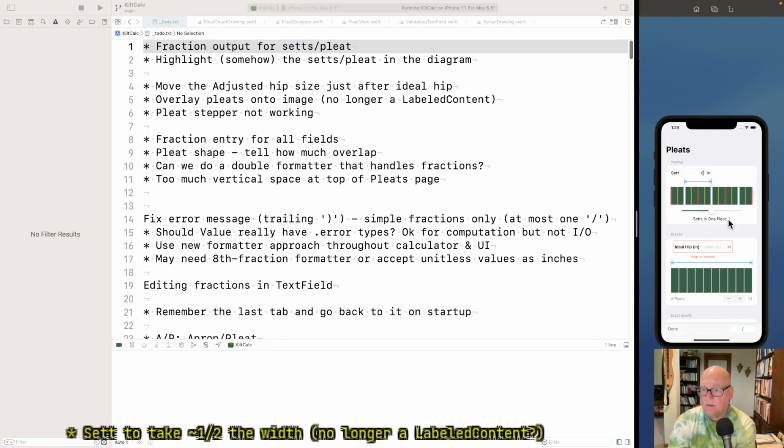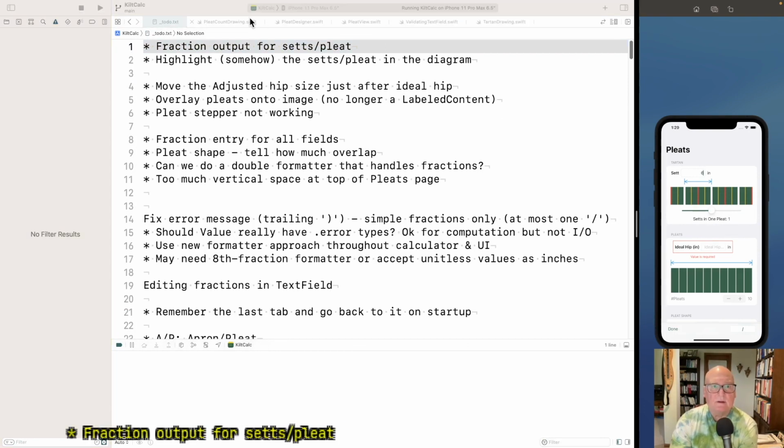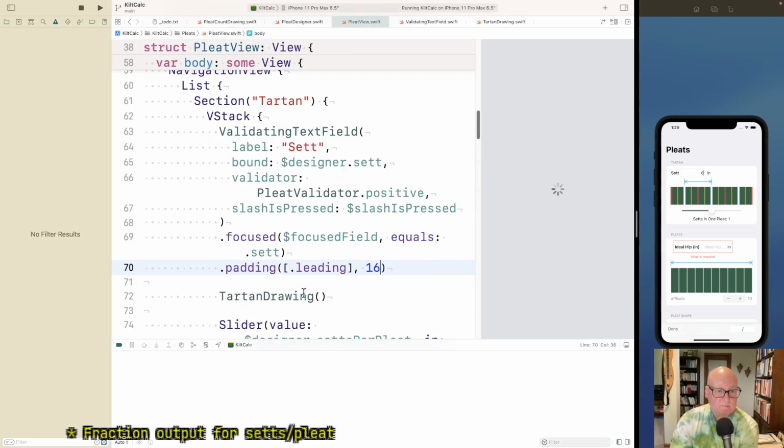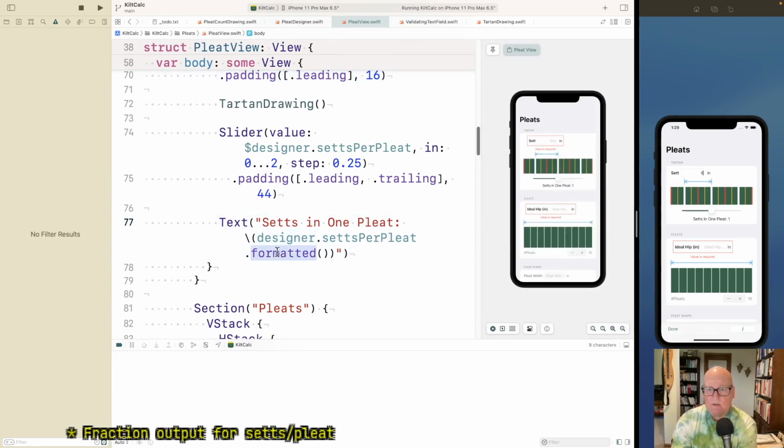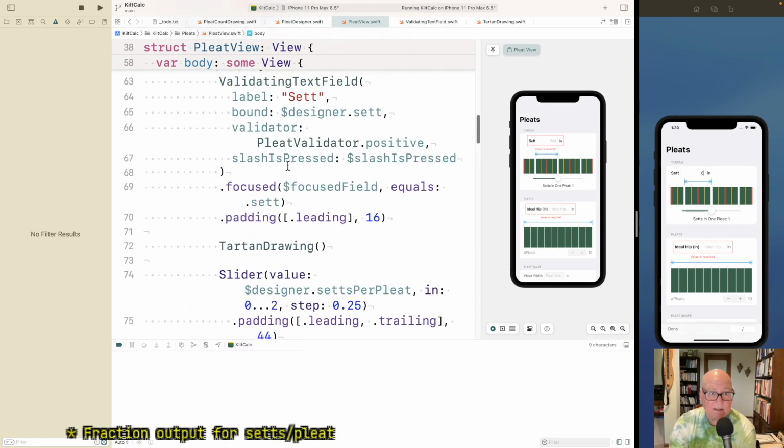This is one I don't know what the right way is here. That's pleat view. Slider, this, we're just doing formatted, which is a double, so it's doing a normal double formatting, but I think